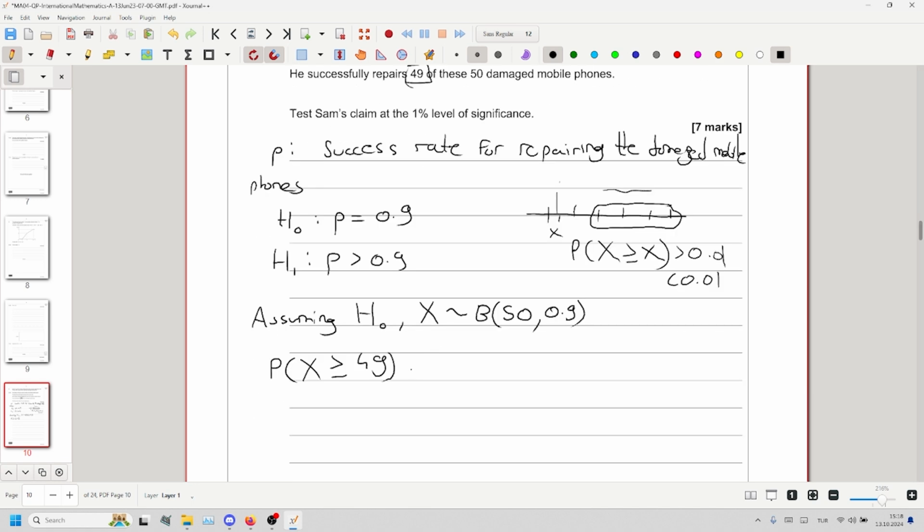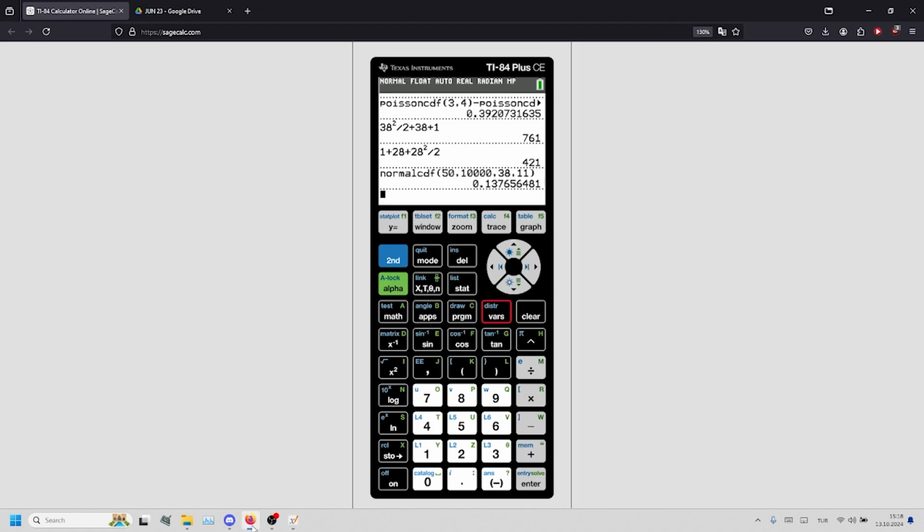So that's going to be simply 1 minus the probability that x is less than or equal to 48, since it asks for the two values 49 and 50. So we can quickly plug that into our TI-84. Of course, for Inspire users, you can just say the lower bound is 49 and the upper bound is 50. It's not that difficult. So I just write 1 minus